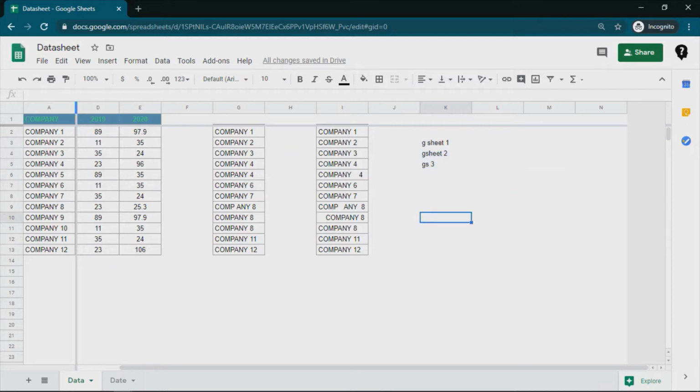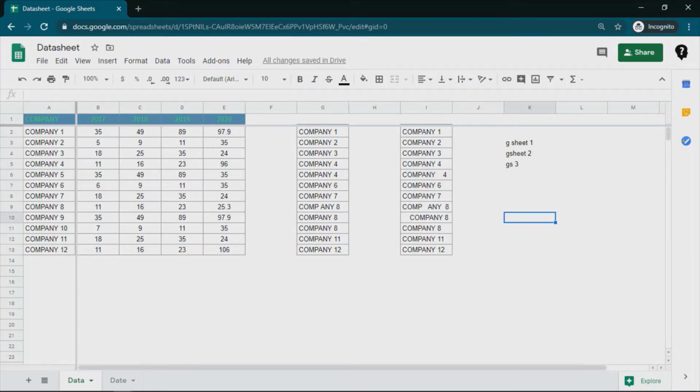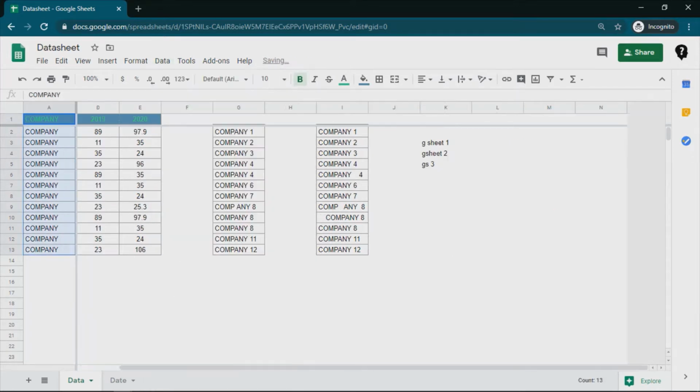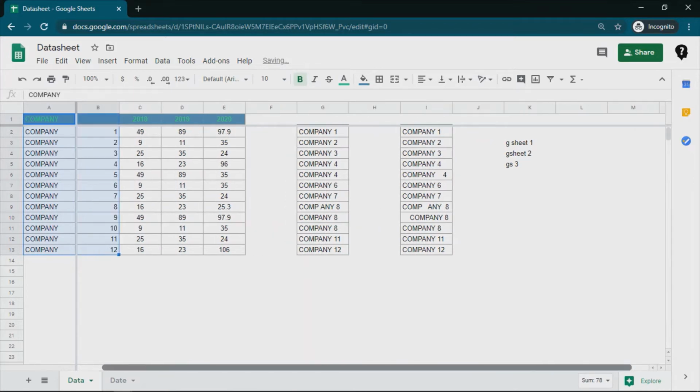Otherwise, what will happen is if I click on this column and simply click on data, split text to columns, it will not ask me any single option and it will directly get this data separated because there is no other criteria Google has found to split this text.